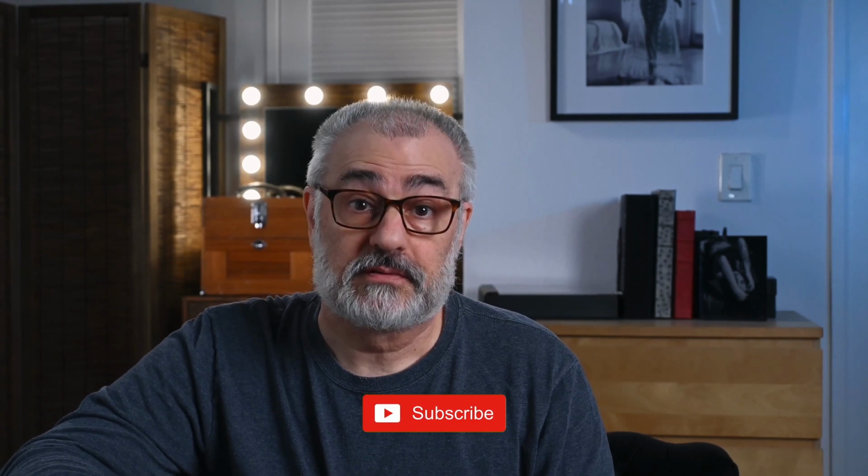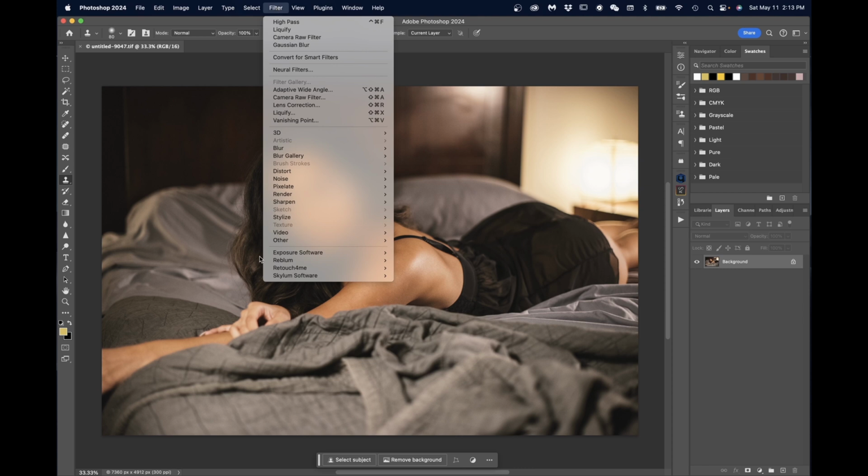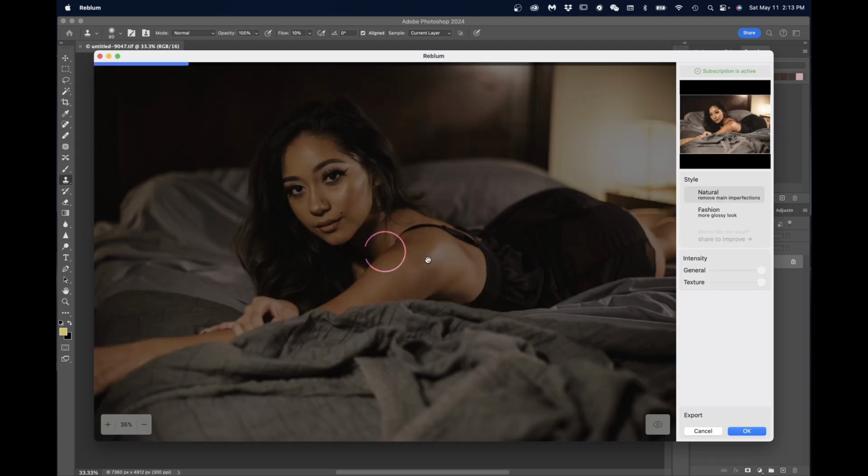Next, we're going to retouch a few images with Reblum as a plug-in filter for Photoshop. Okay, so I've opened this photo in Photoshop, and retouching with Reblum through Photoshop is as simple as can be. You literally go under your filter menu, go down to Reblum, Reblum Retouch. It opens up the Reblum window,